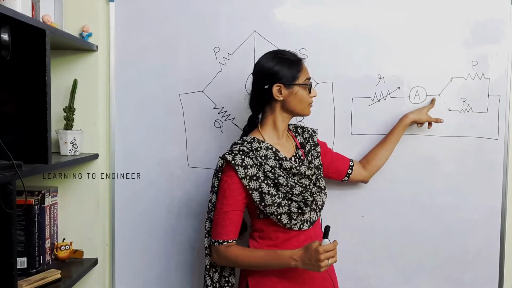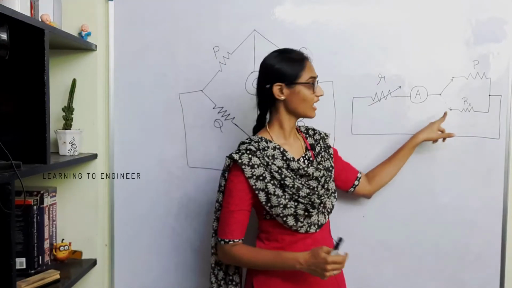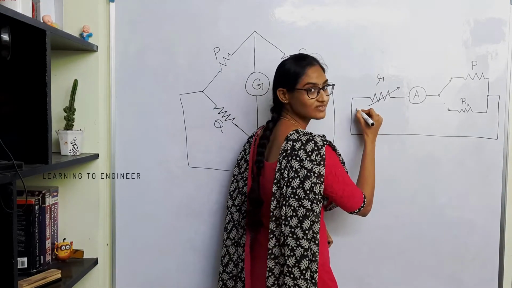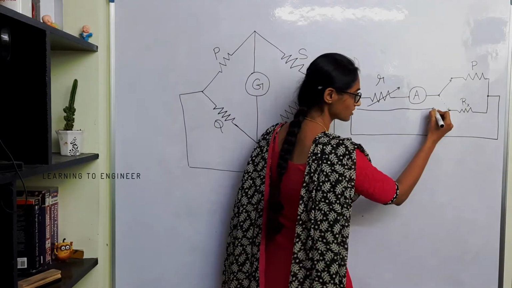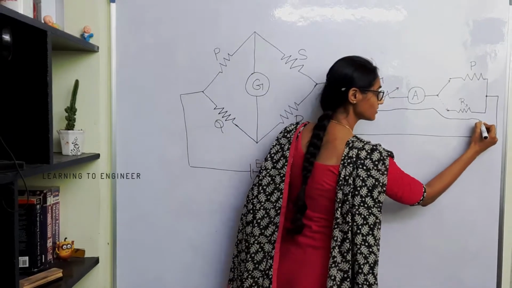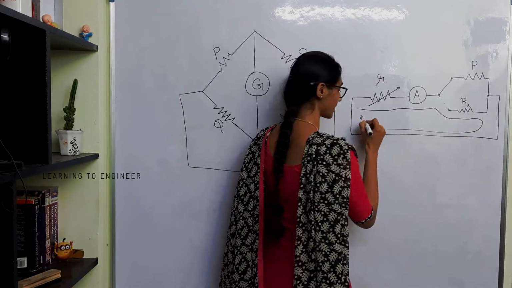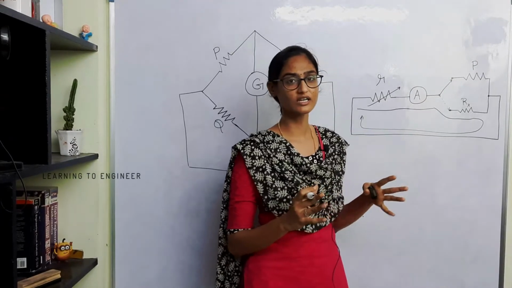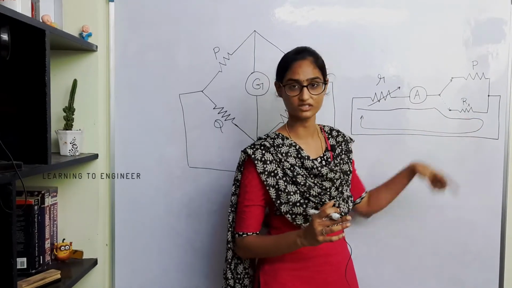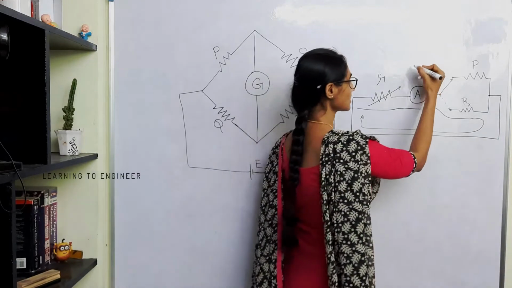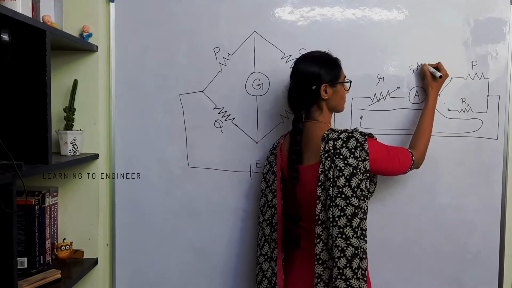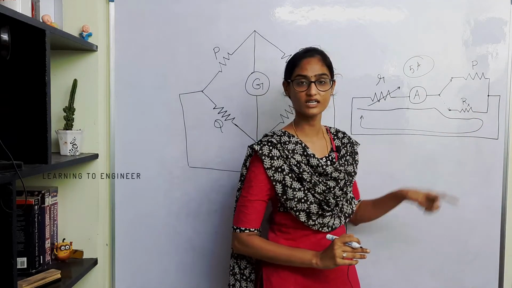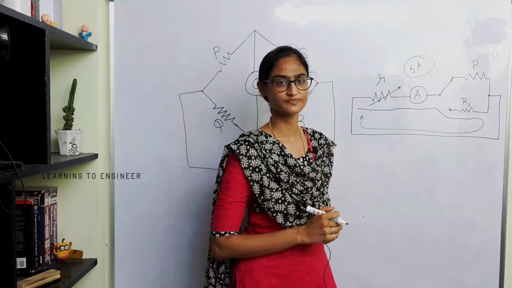First, the switch will be put into the unknown resistance and the flow of current will be along this path. It will go from this adjustable resistance to this ammeter, through this unknown resistance, and it will be looping back. Then the ammeter will be showing some reading corresponding to this unknown resistance. Let us say this current is 5 ampere. 5 ampere of current is flowing when you are connecting a resistance which is not known to you.